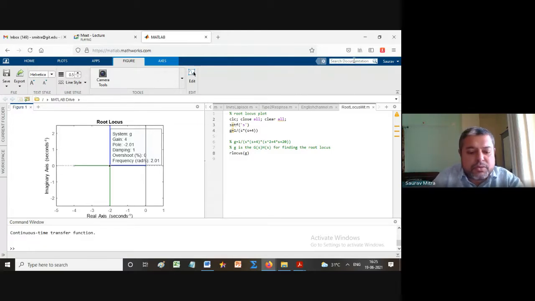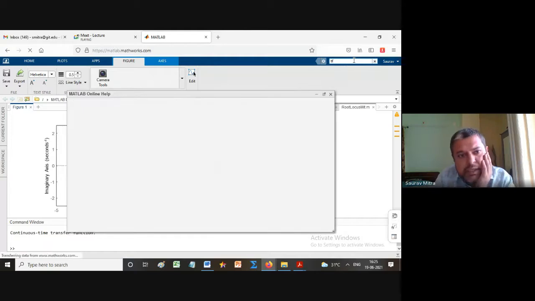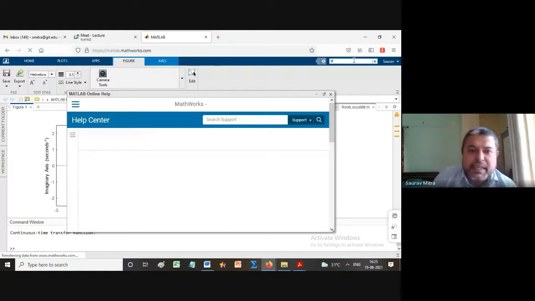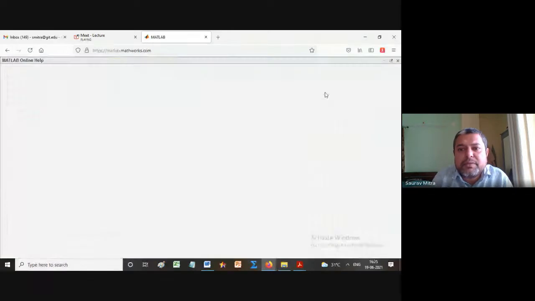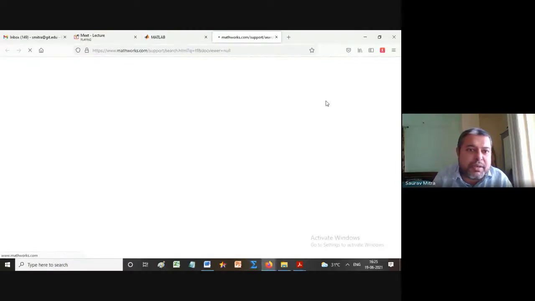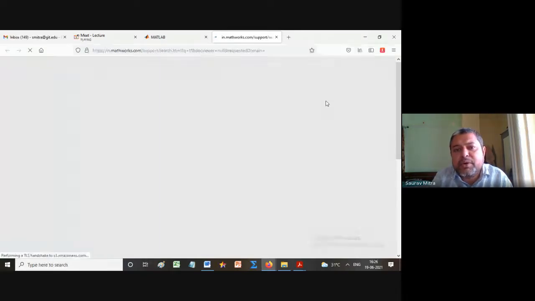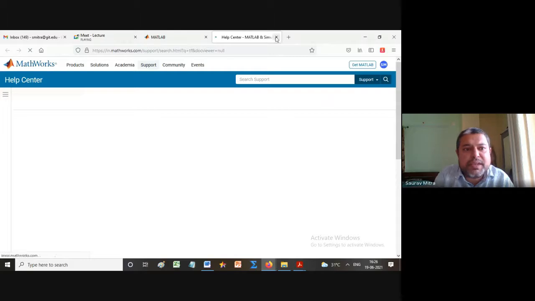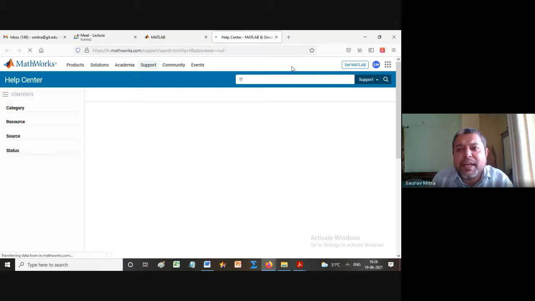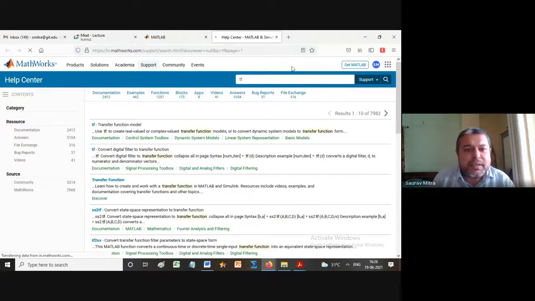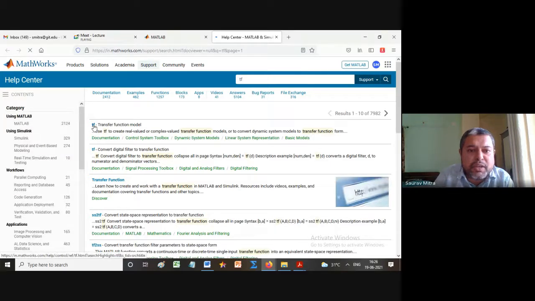Look here. So whatever doubt you have, you have to do this. What is meant by TF? TF is transfer function, and TF is a function in S, that is the meaning. And the last line is root locus of S. Try it yourself once. MATLAB is very interesting and you have to dig in. You have to keep on doing it. The same thing was there in the previous case, where I was doing inverse Laplace, and at that time also this was the same line. See, TF is equal to transfer function model is showing. Who is asking this?